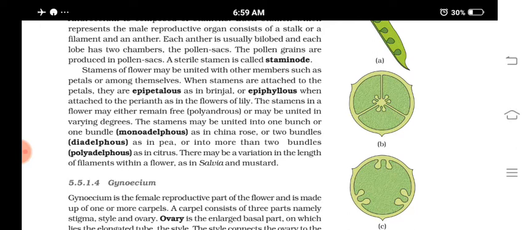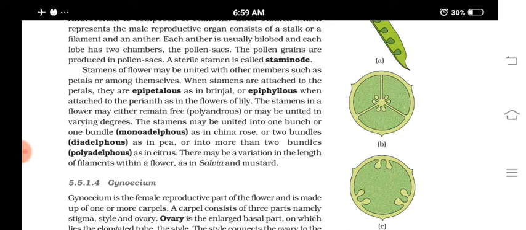But in pea plants, you can see two units, or they form two groups. Actually, a total of 10 stamens are there in pea plants, and out of that, 9 of them unite to form a single structure and one will be free. So anyway, they are arranged in two groups. That condition is known as diadelphous.